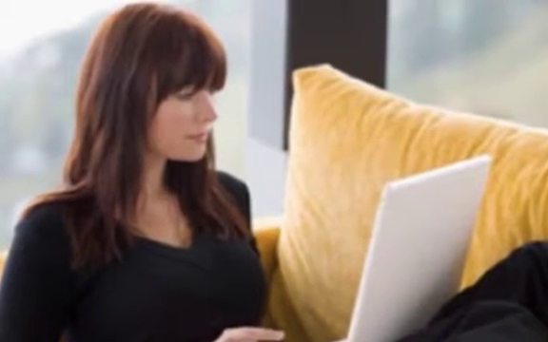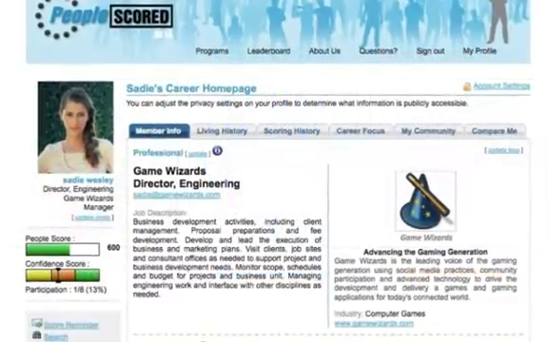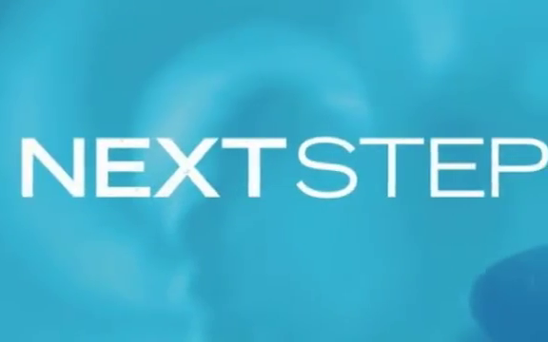Welcome to the People Score Quick Start Guide for existing members that are ready to start their own program. This guide will walk you through getting your score, creating your community, and starting to leverage your strengths. It will also show you how to set up key elements of your People Score profile and offer some suggested